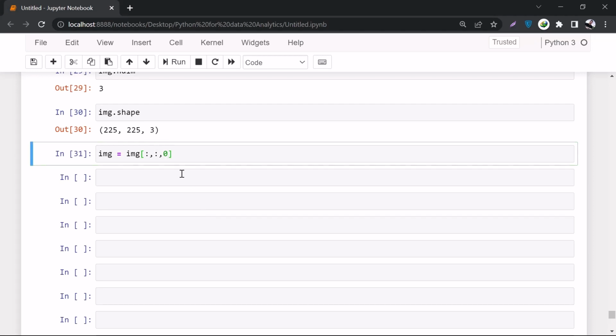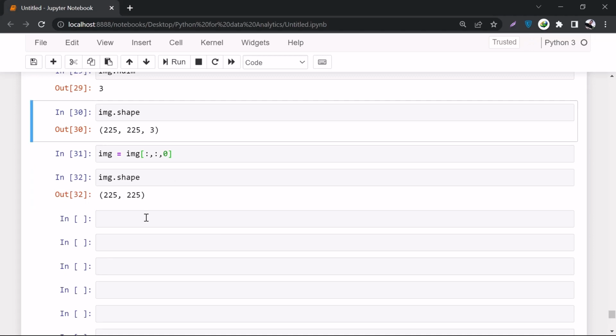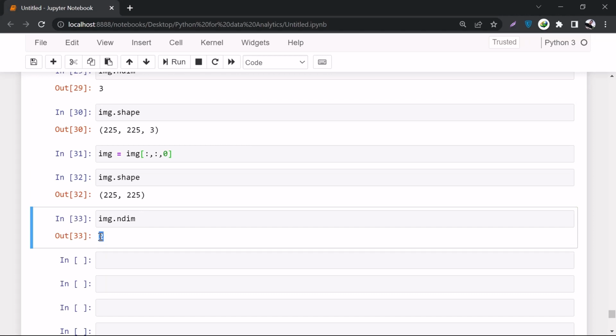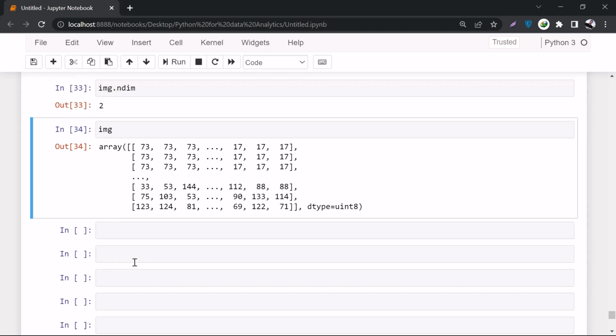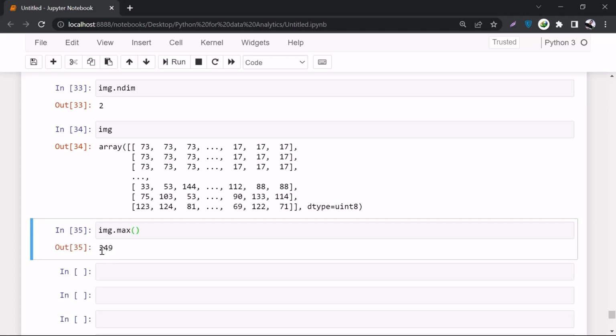So if I run it, and now if I want to have a look at the shape, here we go. So now I do not have any third shape over here. And also if I say img.ndim, here we go. Now it is just a 2D array. If I say img simply, here we go, right? So this is simply a 2D array now. Okay, now let's look at the maximum number that we have in this array, img.max. So the maximum number that we have is 249. And what is the minimum number? Dot min,